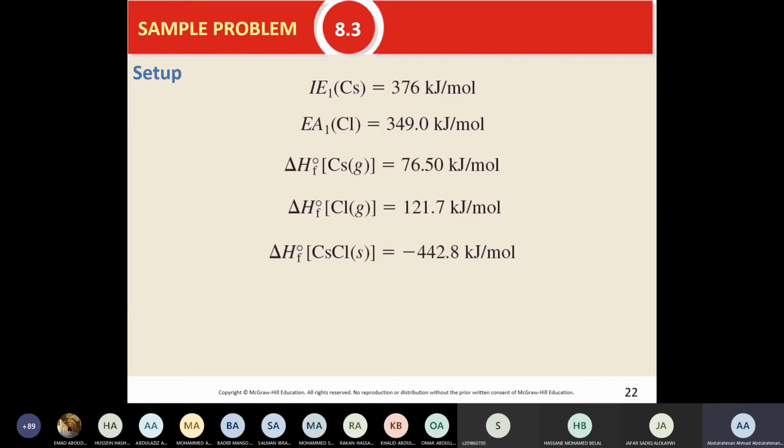First, assume that we're going to talk about this particular example, the CsCl compound. So all our concentration is on the CsCl compound. Good. If I want you to write the U for